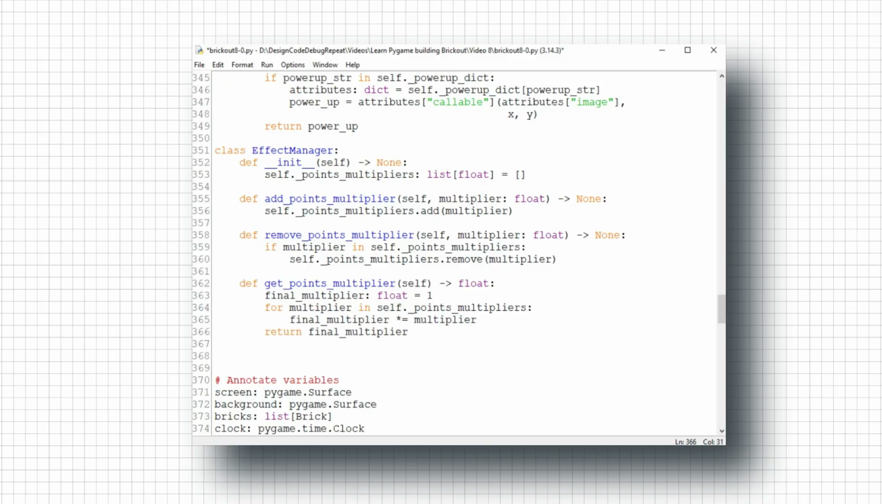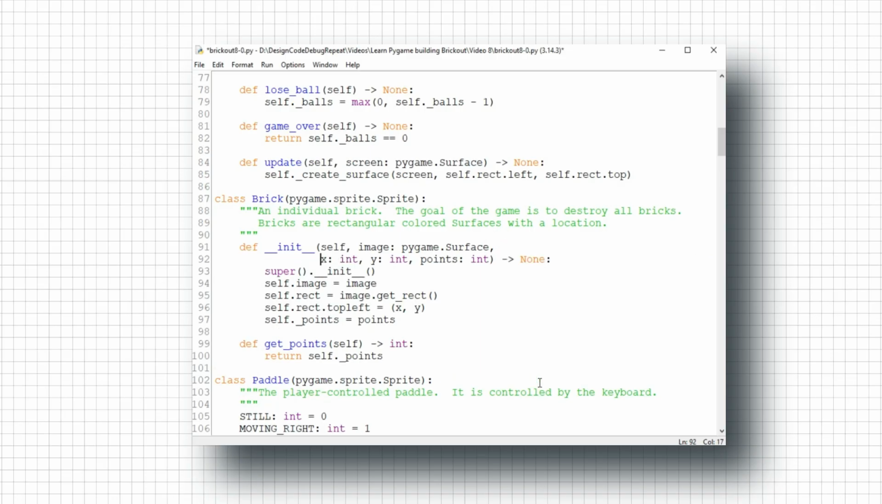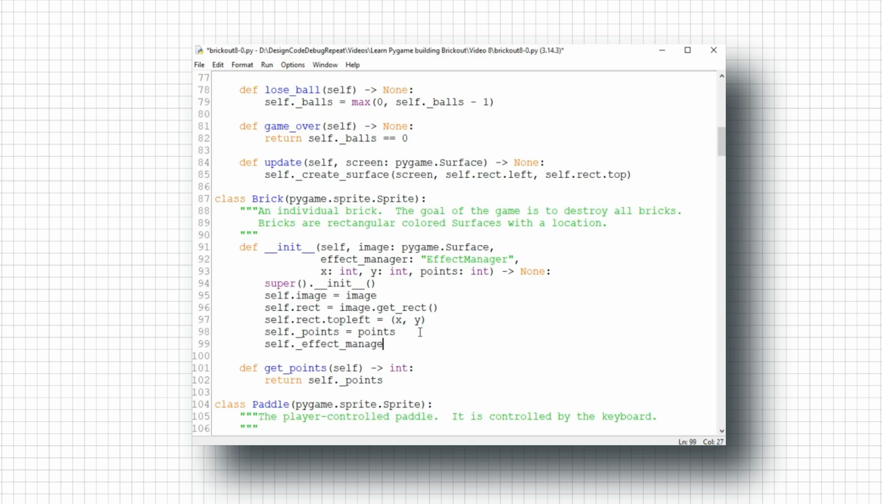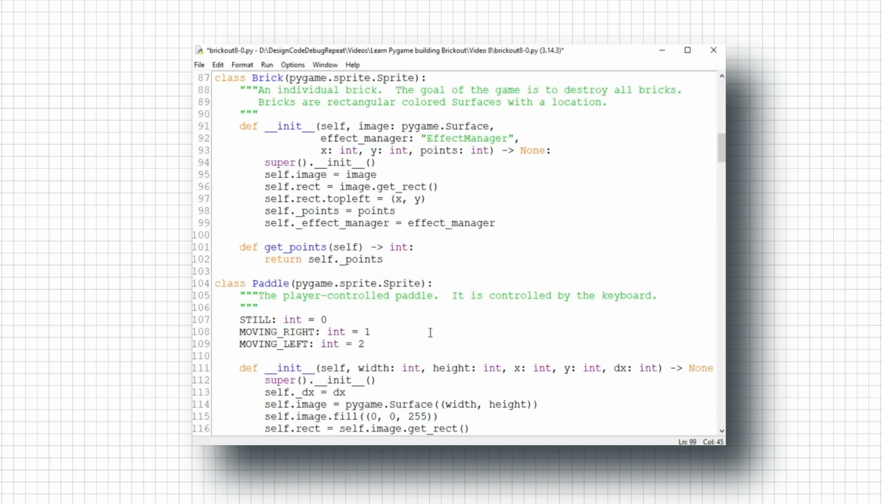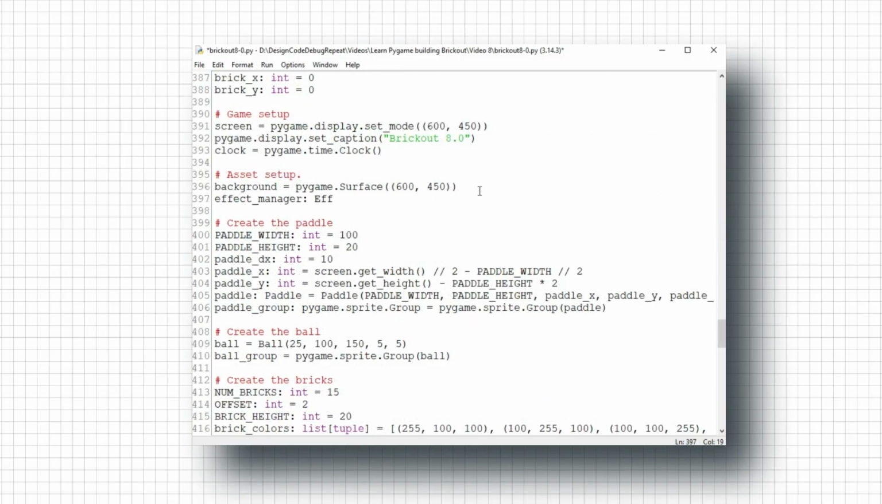So up in Brick, we'll need to give the brick a reference to the Effect Manager object. I'm going to make it a field in case at some point a brick has more functionality and needs the Effect Manager object for something else. So I'm going to put it as an argument to the initializer and assign the reference to a field. And in getPoints, I'll simply return self.points times self.effectmanager.getPointsMultiplier. Down in the game, we'll create an Effect Manager object and pass it as an argument to each brick